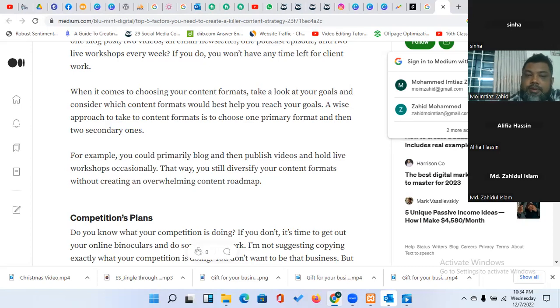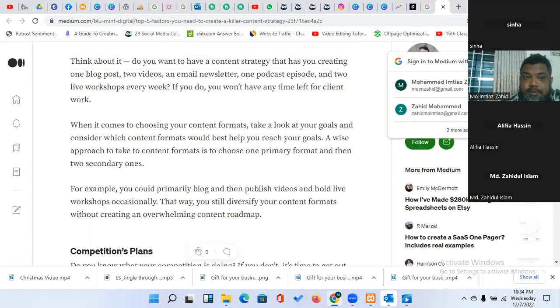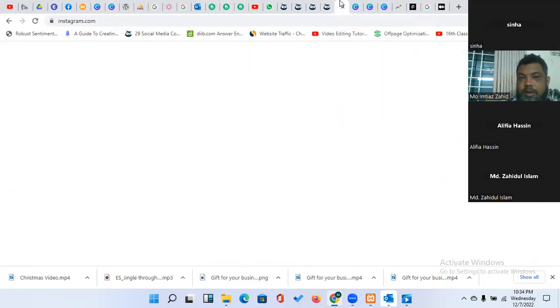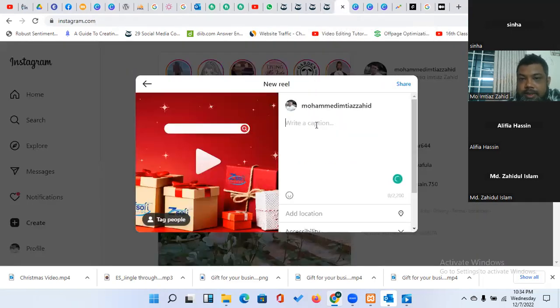So the final one is the content plans. We have to apply the content formats here. What would be your content and what would be your goal? We must create